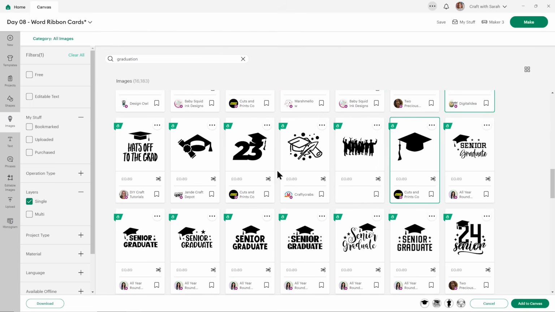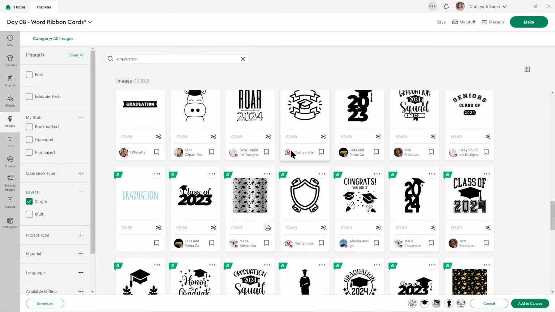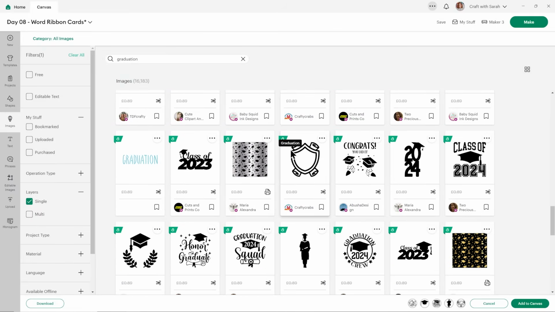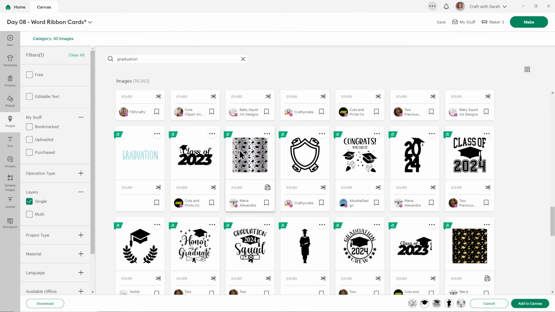It's easier at this point to just select lots of different ones and then we can build up our card as we go. The 2024 is quite nice, and you could even have the images and then, no, not happy birthday, congratulations on top of that.